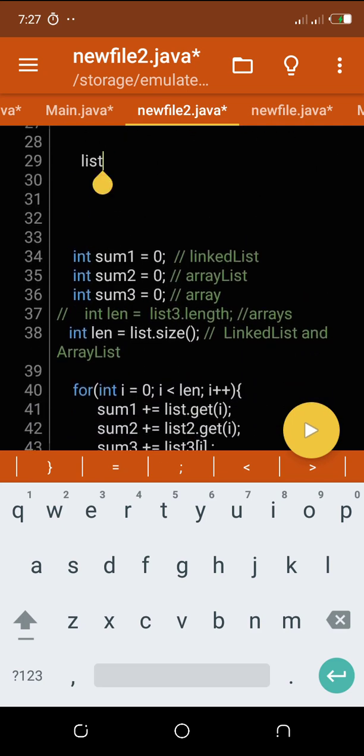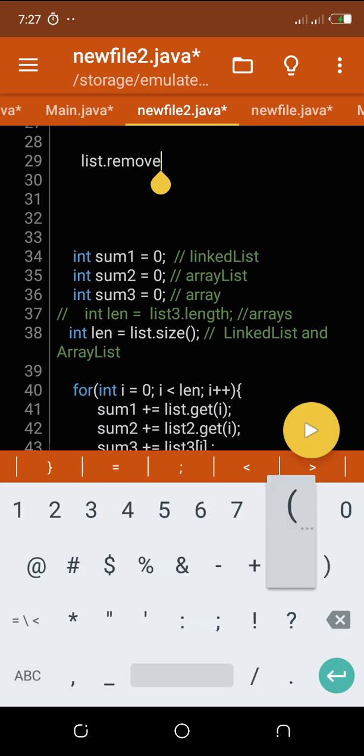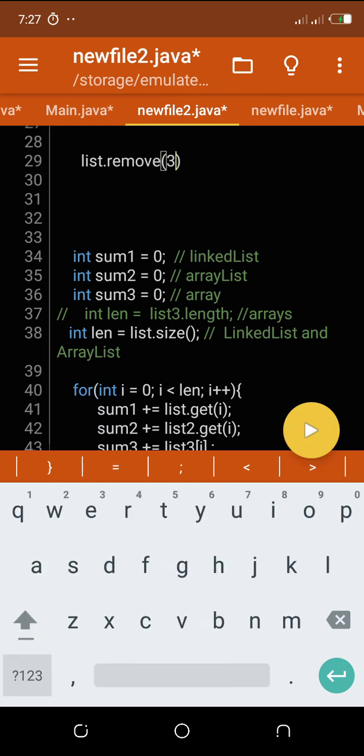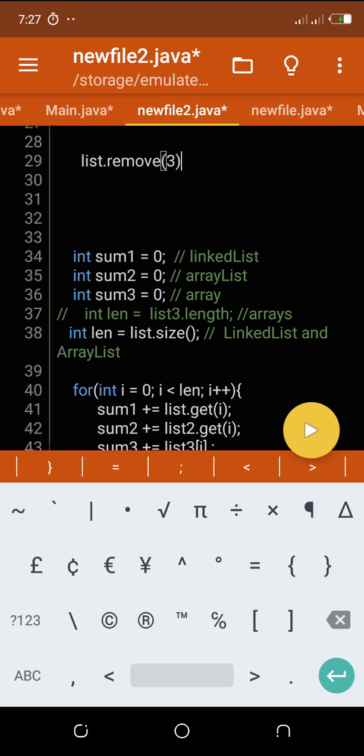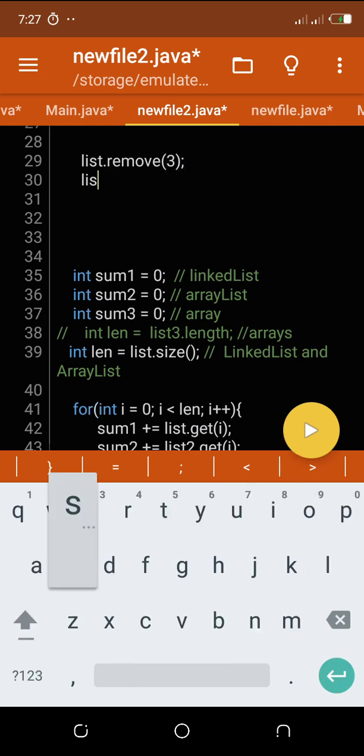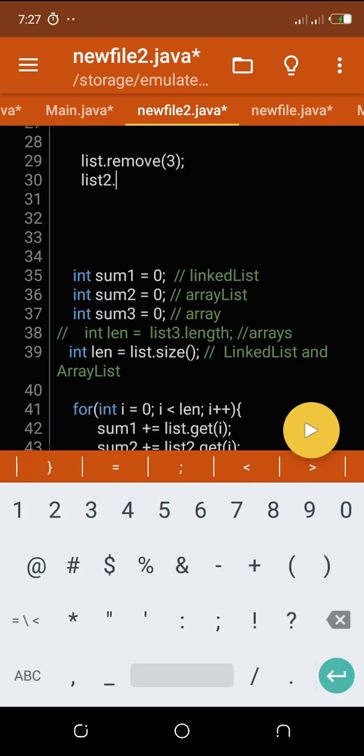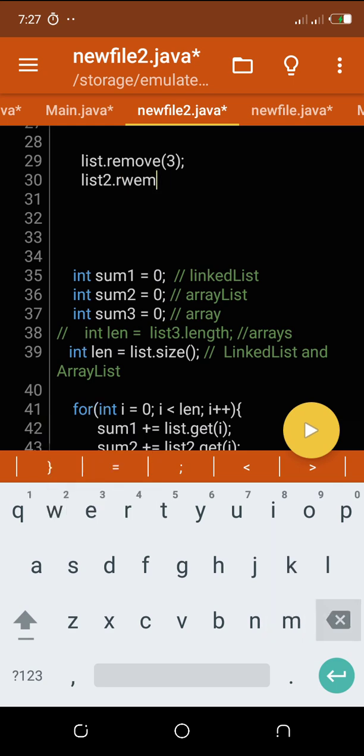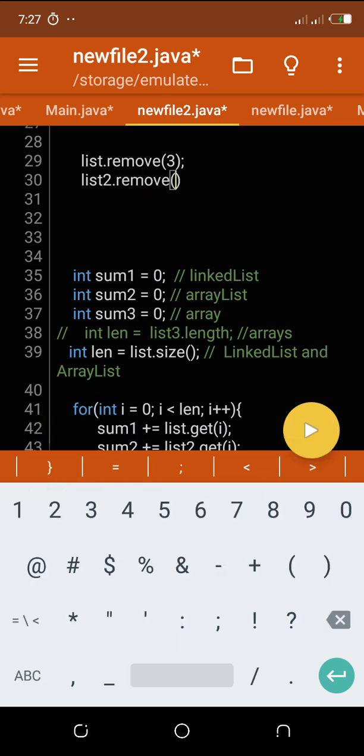So we say list dot remove, then what index? Index 3, semicolon, list2 dot remove at index 3 as well. If we run this,